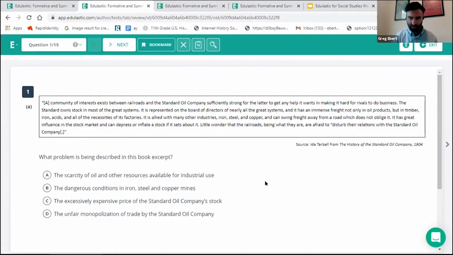This is an excerpt from a really, really great book, History of Standard Oil Company. Thankfully, I don't make the students read the whole thing, but a little excerpt here that they can kind of use. So this is just a really simple multiple choice question, and those are probably the easiest ones to make. But that's kind of just the tip of the iceberg. So you can do whatever you want with multiple choice, but you can go a lot deeper than just